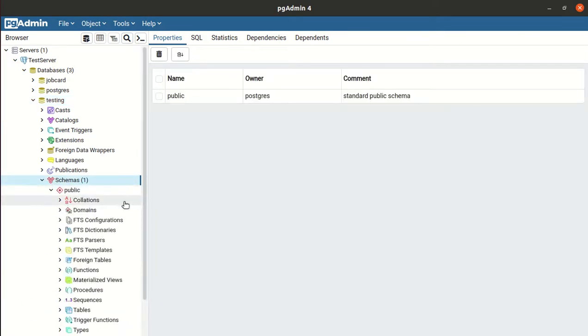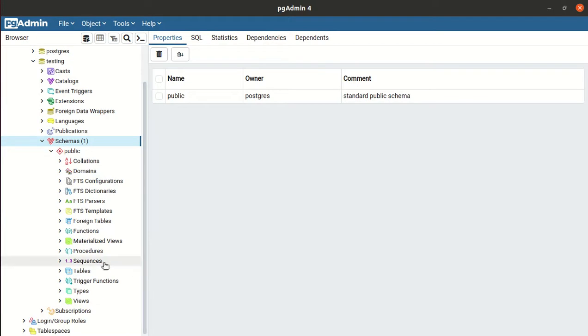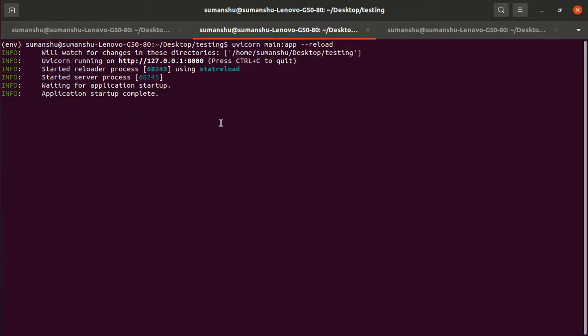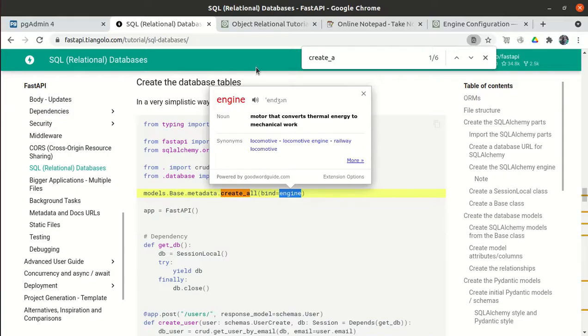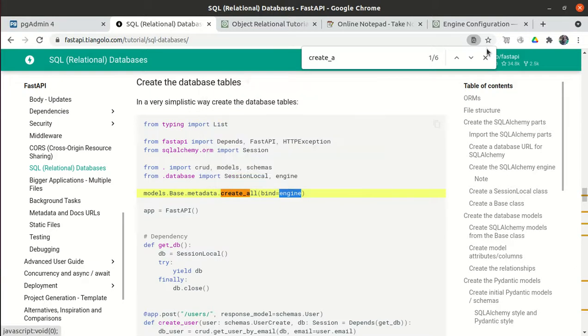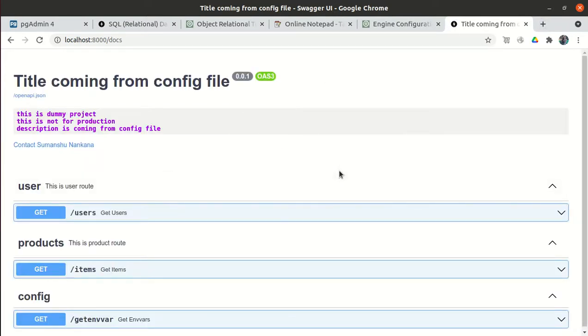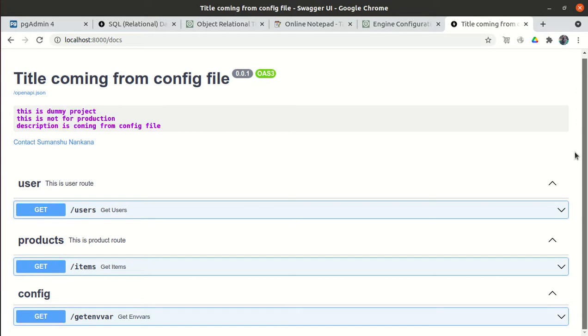Refresh. The table should come here. Did it fail? Let me check. The app is up. Localhost 8000 docs. Yeah, the app is perfectly up.